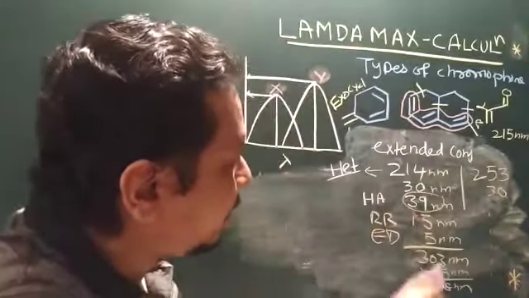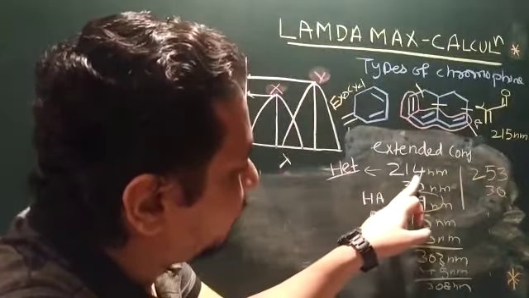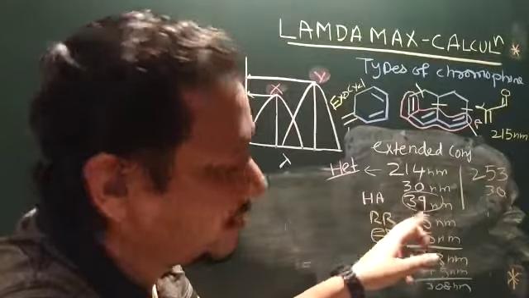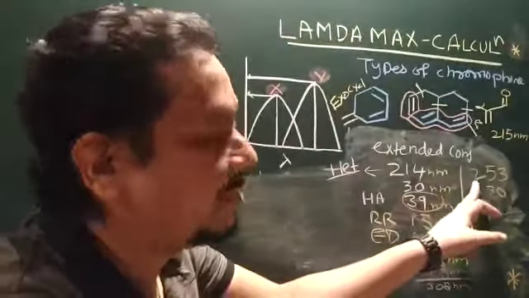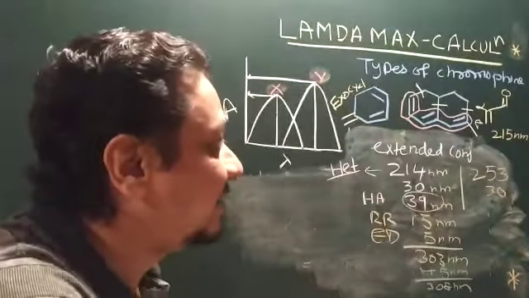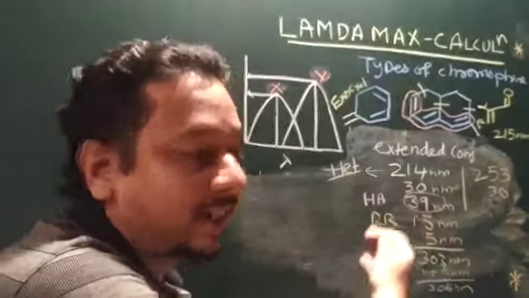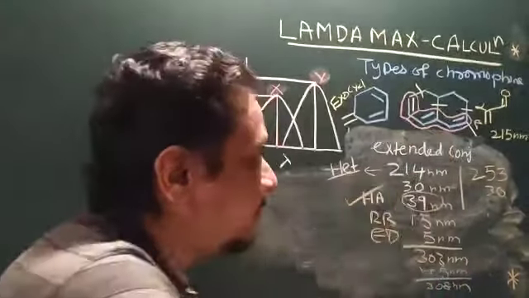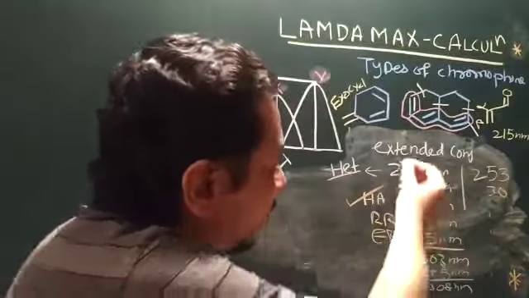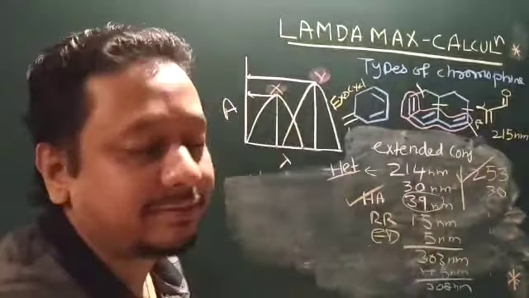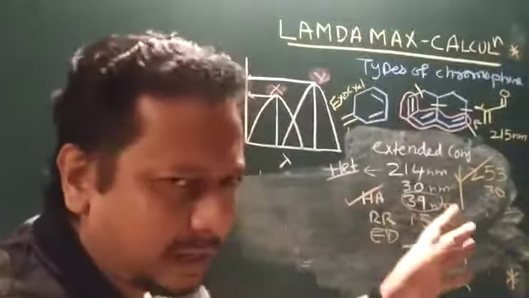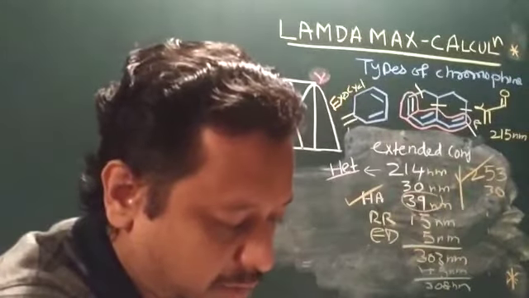Now you see 214 plus 39, how much is coming? It is coming to 253. So it doesn't matter whether you are taking heteroannular or homoannular, because if you are taking heteroannular, at the end of the day you have to add the 39. If you are taking homoannular, you are already adding it and getting the base value of 253. That's the thing. Many people make mistakes over here.